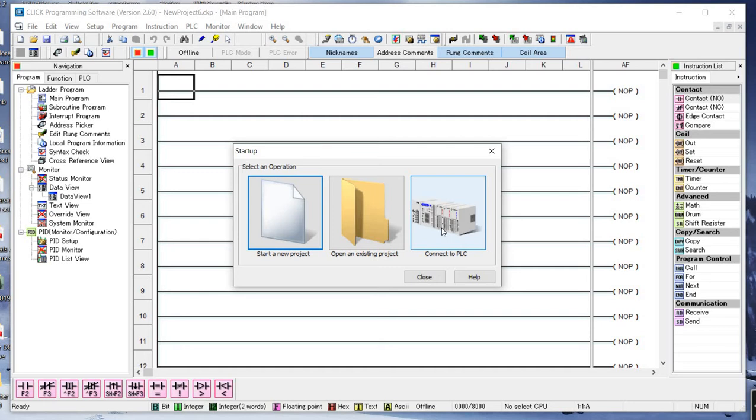So at this point, get your Click trainer, set it on the bench near you, get an Ethernet cable and plug it into the Ethernet port on the Click PLC, and then plug it into one of the Ethernet ports on the bench. Once you do that and the PLC is turned on, all you've got to do is click Connect PLC,